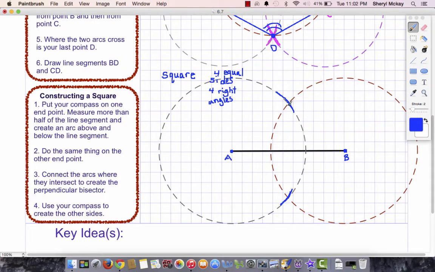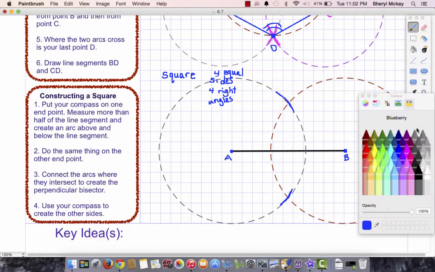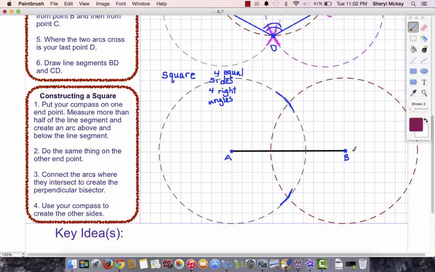You're going to put a mark above your line segment, and a mark below your line segment. You're going to keep that same distance that you made, so you don't want to change your distance, but now you're going to move your point from the A. You're going to put your point on the B, and you're going to face your compass the opposite direction, and this time you're going to take your compass, and it should come across this way, and you're going to make an arc